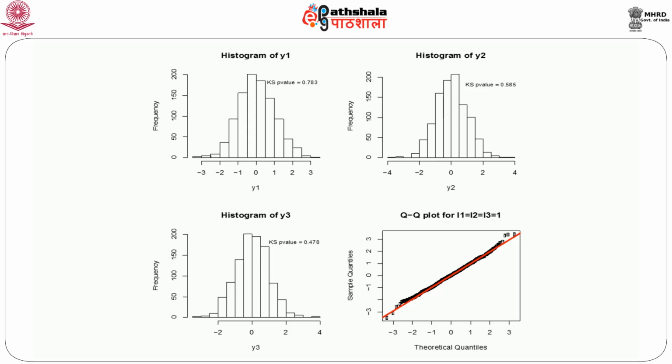Now, we can try many other choices of L 1, L 2, L 3, and I am sure we will see the same kind of picture. So, this gives us confidence that using simulations we can check whether the Cramer-Wold device actually holds in any example of convergence with respect to a multivariate sequence of random vectors.